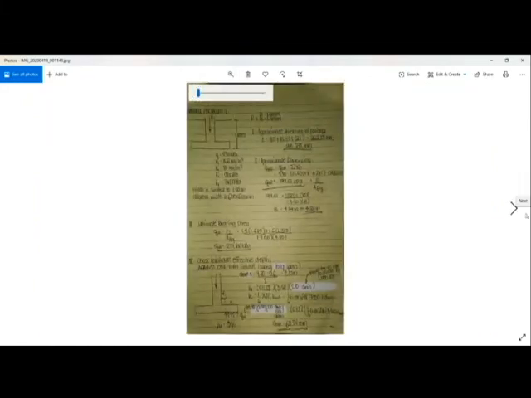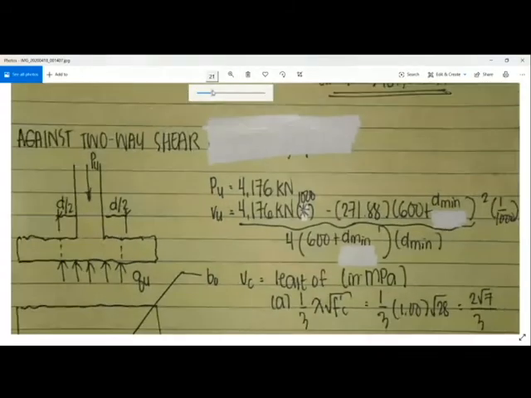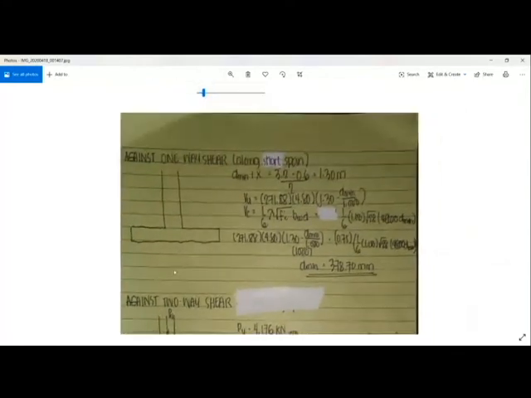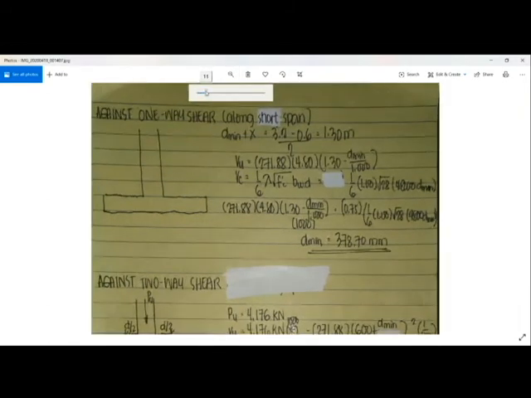Let's analyze the other side, along the short span. It's just the same, but the difference is that we are now facing the 3.2 meters, so the dimension we don't see is the 4.8. Okay? So our VU is equal to